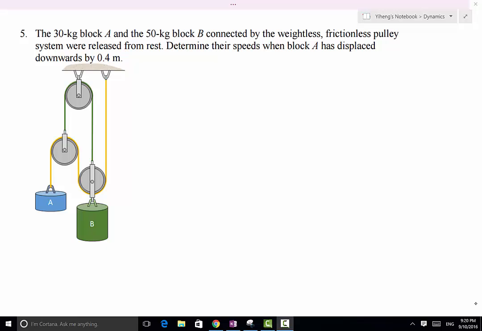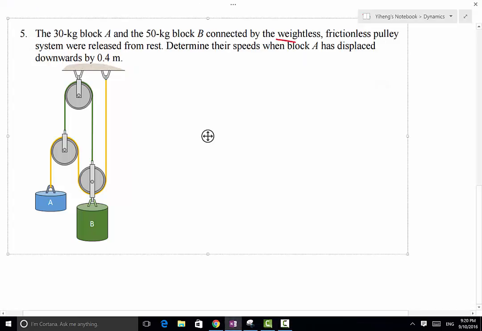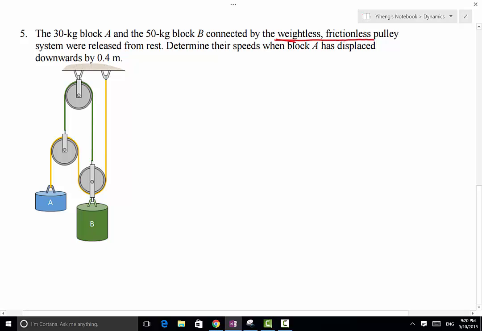In this problem, we have two blocks with masses 30 kilograms and 50 kilograms respectively, and they are connected by a weightless, frictionless pulley system. This is important information for later. They are released from rest, and after they are released, they start moving. If block A has displaced downwards by 0.4 meter, we need to determine at that point what their speeds